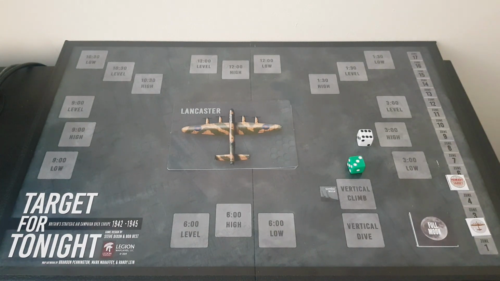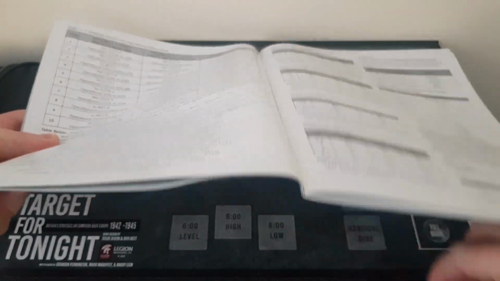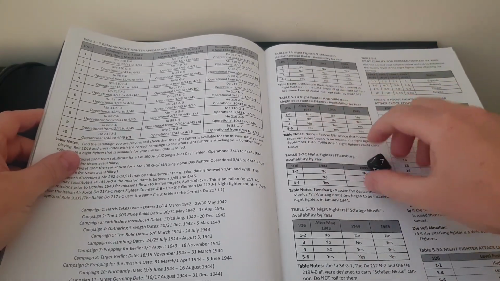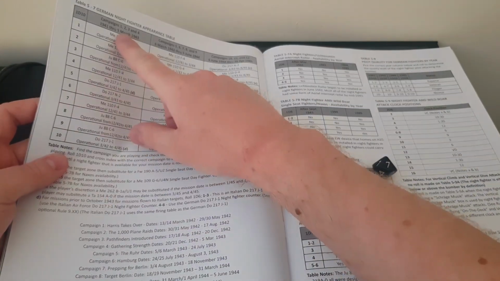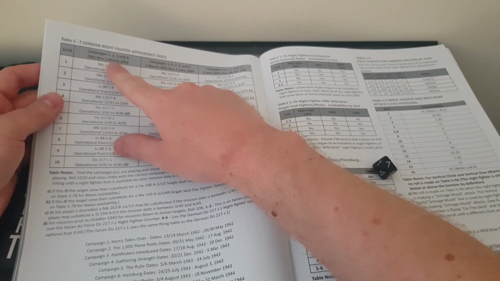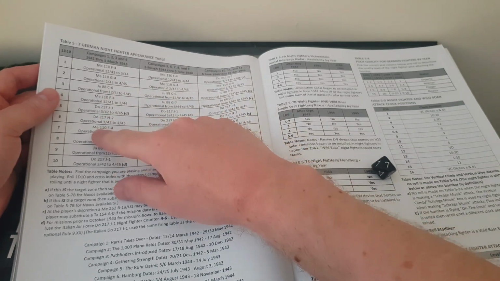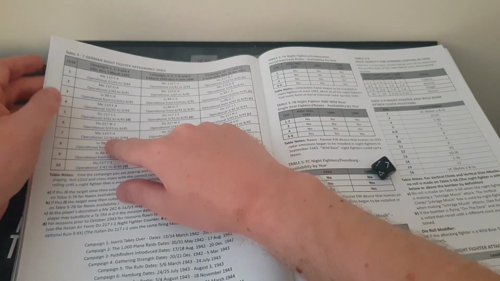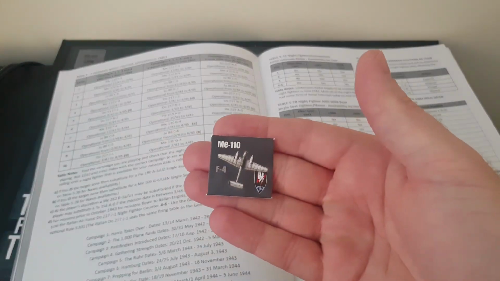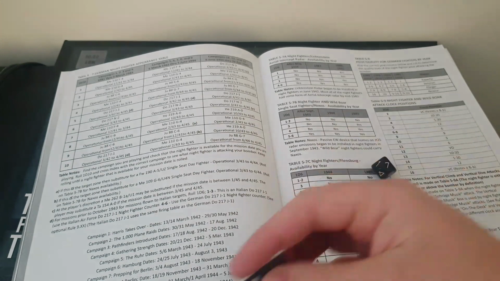The next thing you do is roll for what type of fighter. So the type of fighter is a 1d10 roll. So we'll roll that now. We've rolled a 7. Looking at a 7, now you go in the years. We're playing the first campaign, 1941 through to 1943. So we rolled a 7. It's an ME110 F4. So we grab one of those. So you can see here, it's an ME110 F4. And then we're going to roll